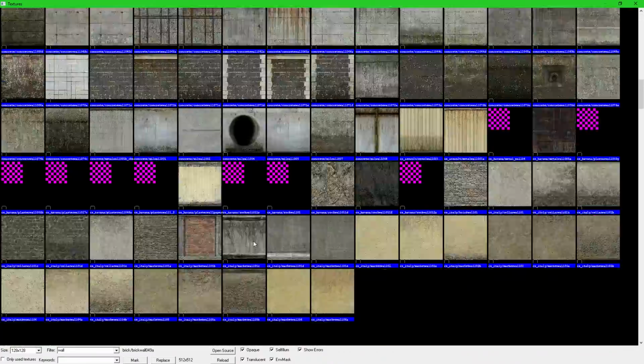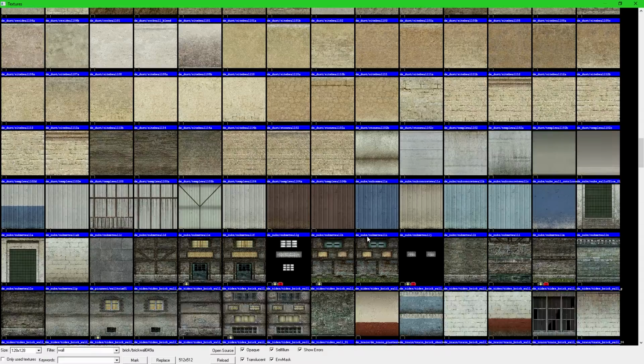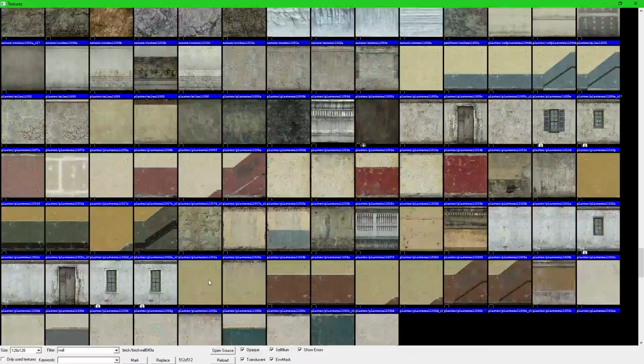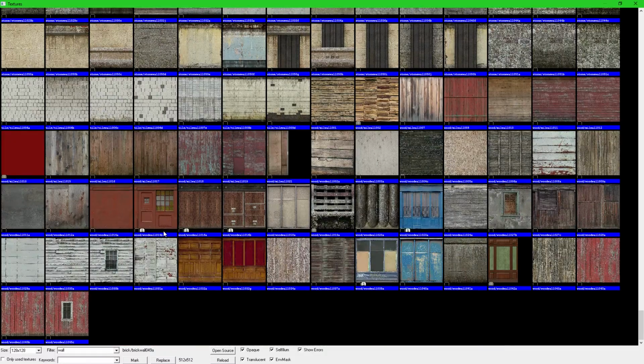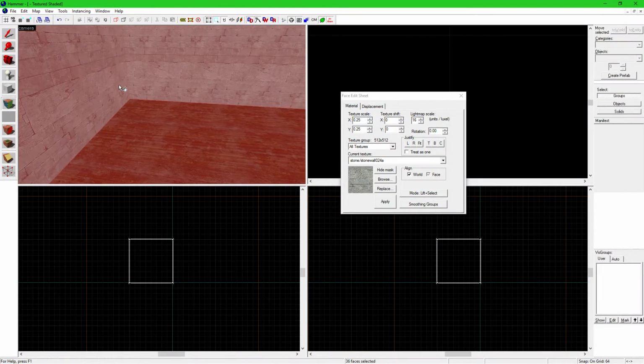Let's choose a wall, something that we can use as kind of an interior wall. There's lots of exterior walls. These are kind of dry walls. Trying to use something that doesn't have a repeating pattern, or rather doesn't have breaks in the pattern. Let's use this for now. We'll just do that,